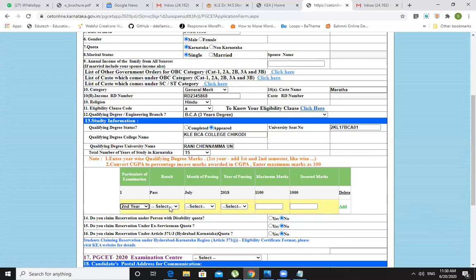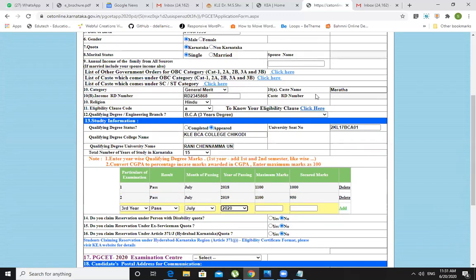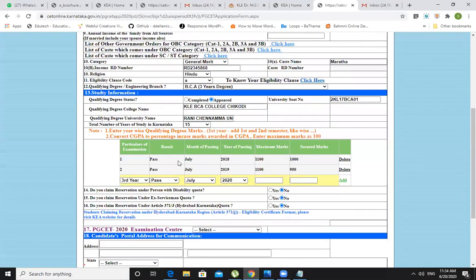Choose second year, pass, result. Month of passing is July, then year is 19. Then again the marks: just add the third sem as well as fourth semester total marks, and add the secured marks in third semester exam and fourth semester exam. Okay, fine.